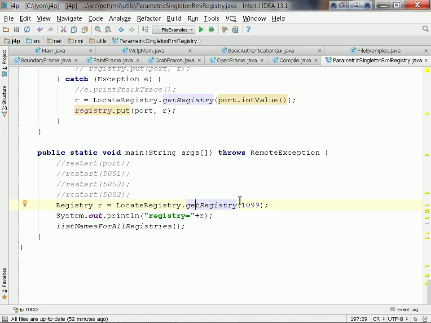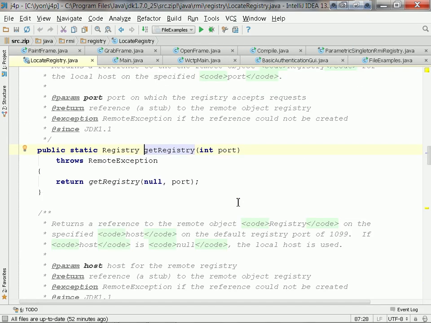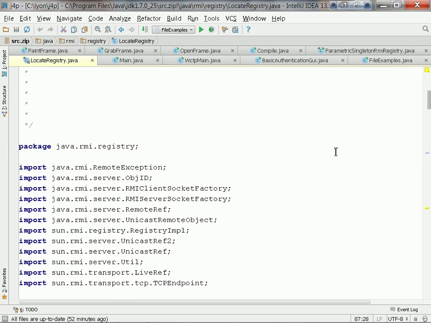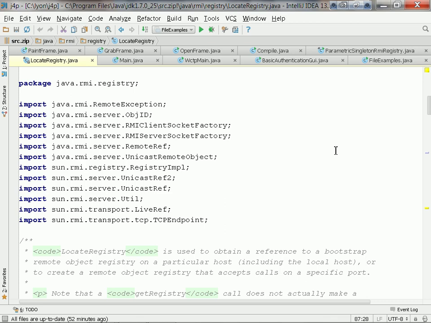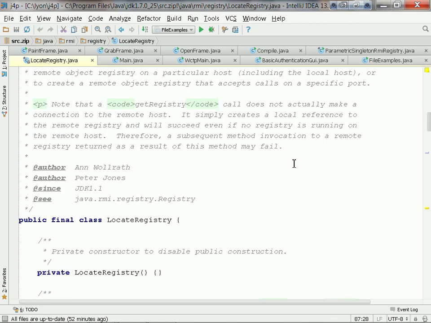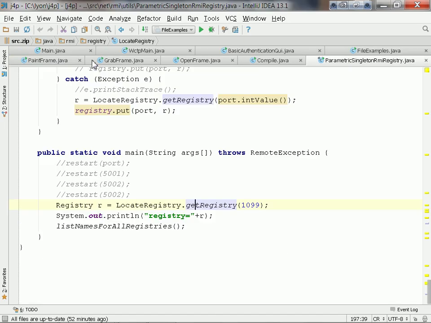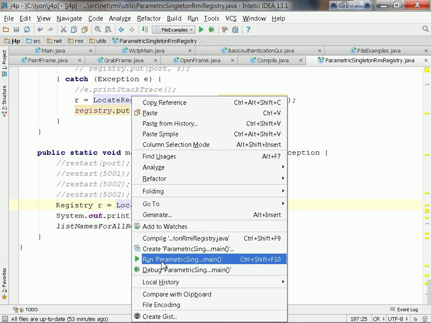So locate registry says get registry. This is part of, let me just make sure I got this right, the Sun RMI registry package. So locate registry is a class that Sun provides to you, and it will let you locate the existing registry on your system. It'll use by default the local host, but you can spec the IP address. It'll use by default port 1099, but you can spec that as well. And presumably if I go to locate the registry,